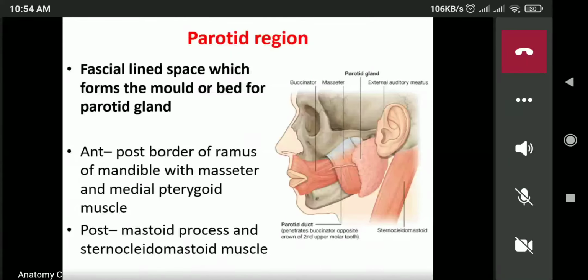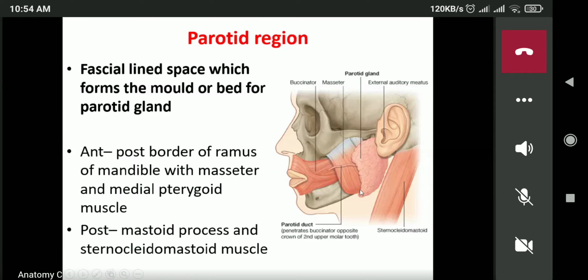The parotid region is bounded anteriorly by the posterior border of the ramus of the mandible. So this is the masseter muscle. The masseter muscle is attached on the lateral surface of the ramus of the mandible. So the anterior boundary is the posterior border of the ramus of the mandible, somewhere here, with the masseter muscle and